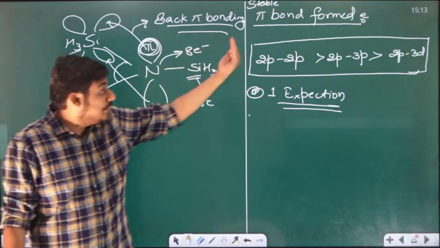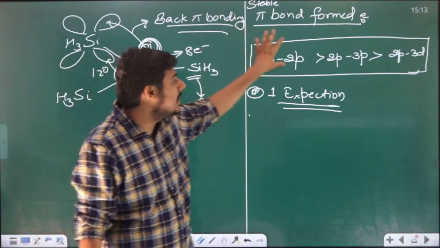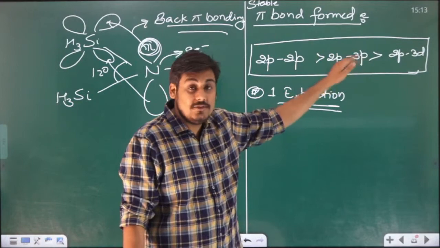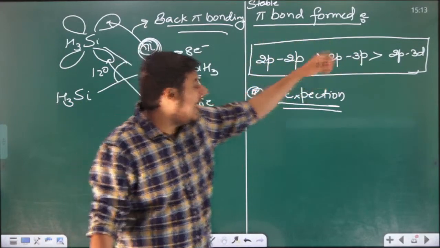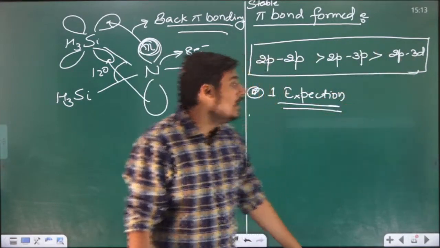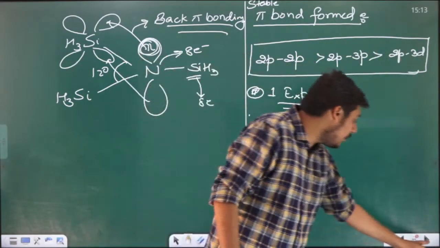These are 2p-2p overlaps, which will be the most stable. Then there will be 2p-3p overlap, which will give us a pi bond that is stable enough but a little less stable than 2p-2p, and lastly we will have a 2p-3d overlap. So, summing up all these things,